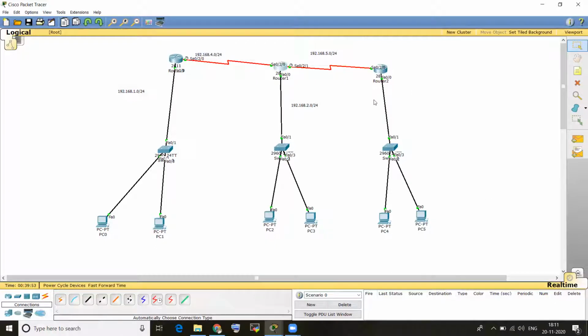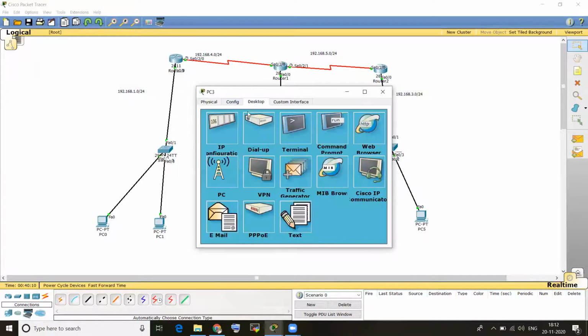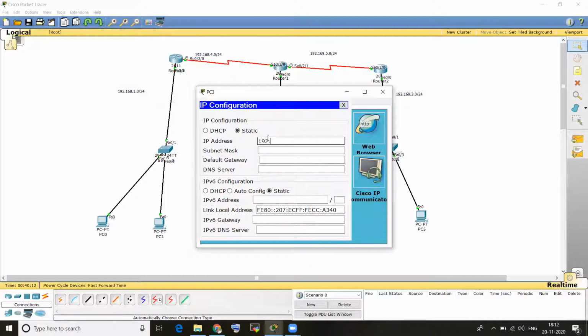For the third router, this is the 192.168.3.0 network, so the default gateway 192.168.3.1 will come. Then another PC, 192.168.2.3, subnet mask 255.255.255.0, then default gateway 192.168.2.1.